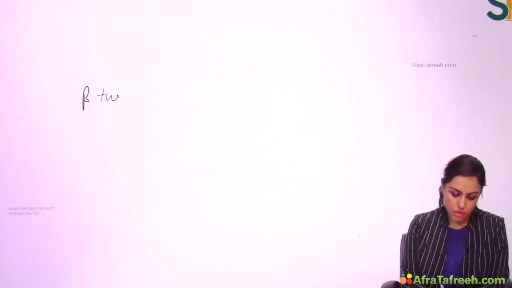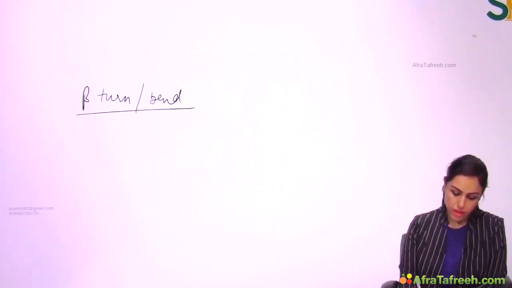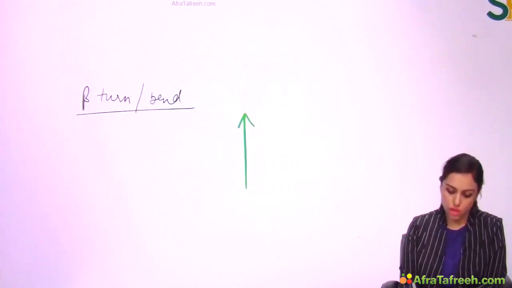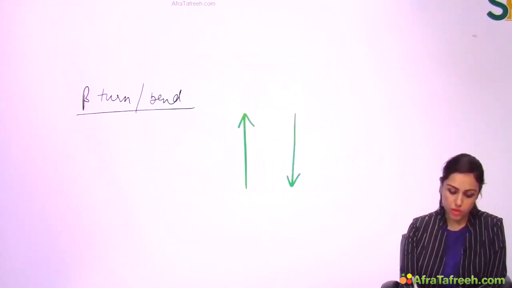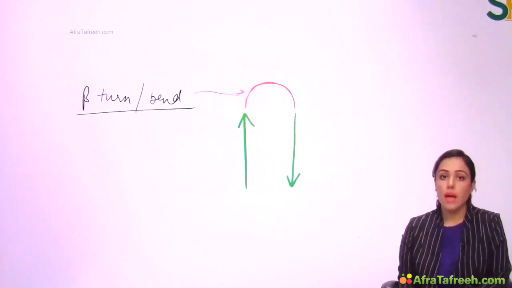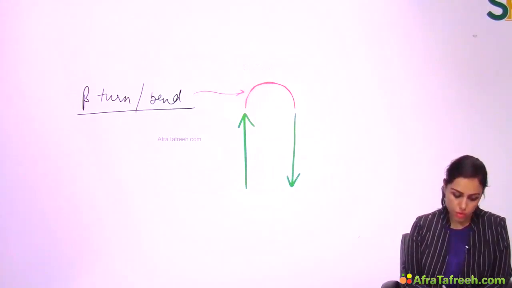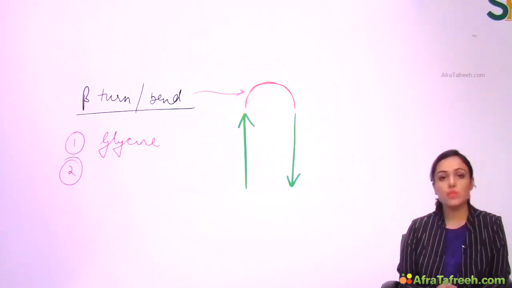And therefore, because glycine can create bends in the structure of protein, it is found in beta turn or beta bend. What is this? Let's say there's a polypeptide chain in this direction, and another polypeptide chain is going in this direction. Now we have to join these two polypeptide chains, and this kind of structure, beta bend or beta turn, is required here, and only two amino acids are responsible in beta bend. That is, glycine can be found here, and another is proline can be found in beta turn or beta bend,